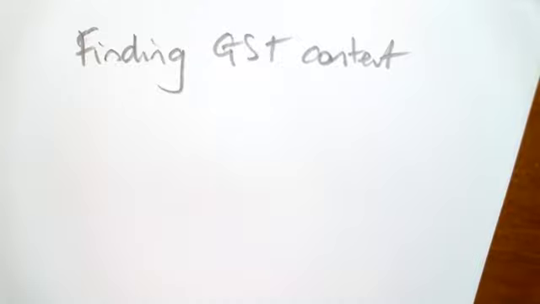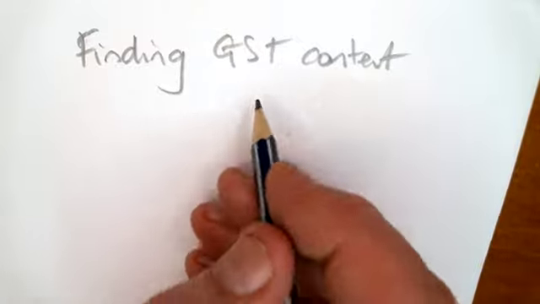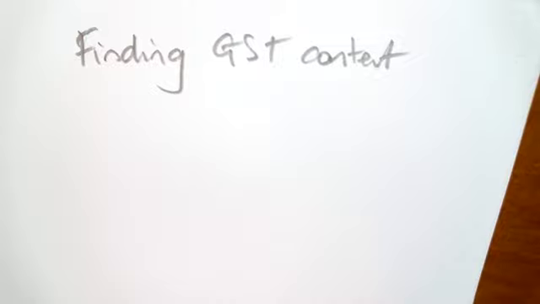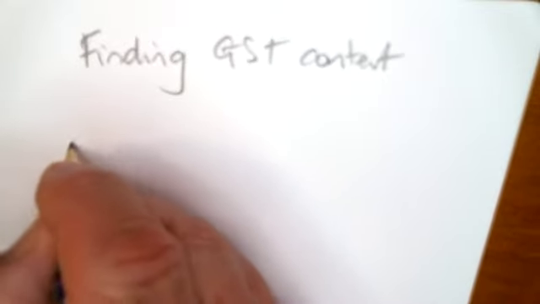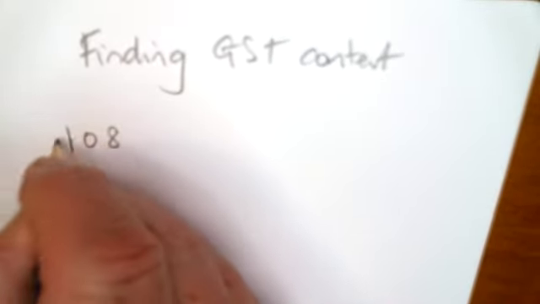Now we're going to have a look at finding GST content. So GST is goods and services tax. Tax in New Zealand is 15%. So let's say we've got an item, and let's say the item is $108, and let's say it